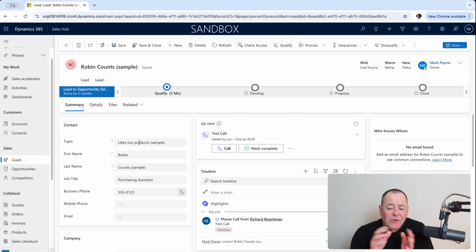Now, those are some of the reasons why lead management is important. There are a number of others, but let's actually look at a lead record and consider the constituent parts. Now, the first thing you notice across the top here, I've got this process bar, and I've got a number